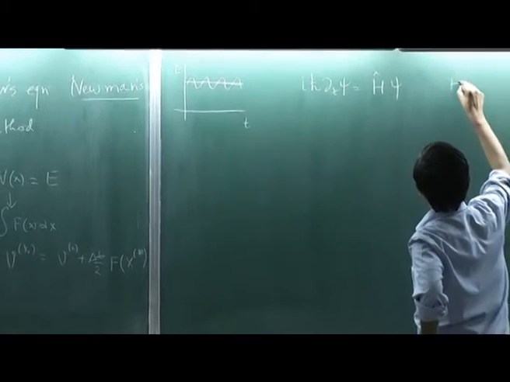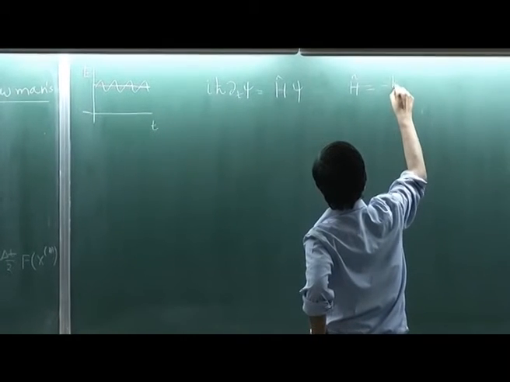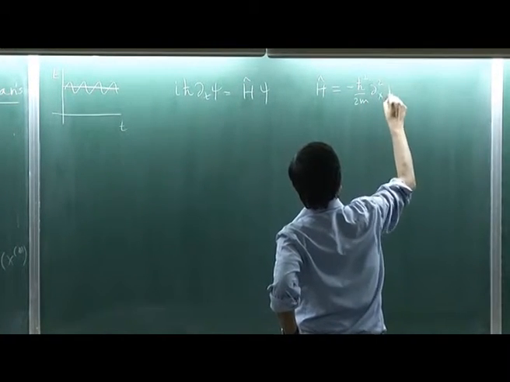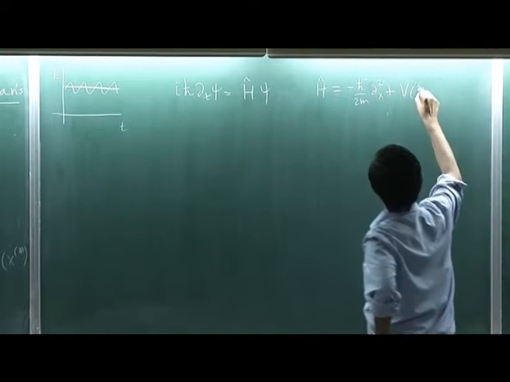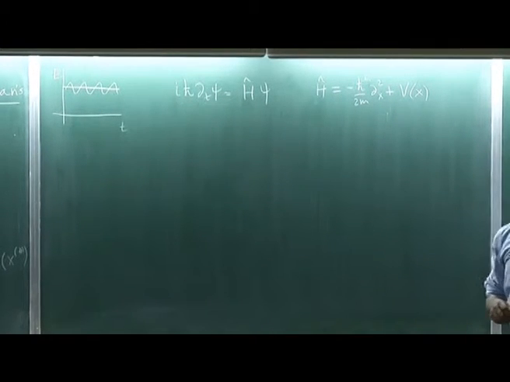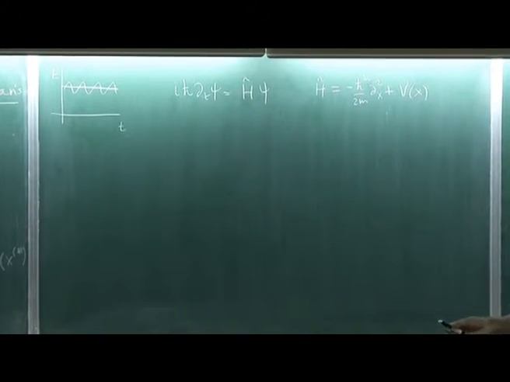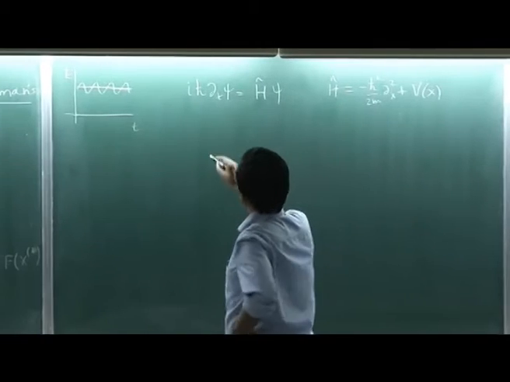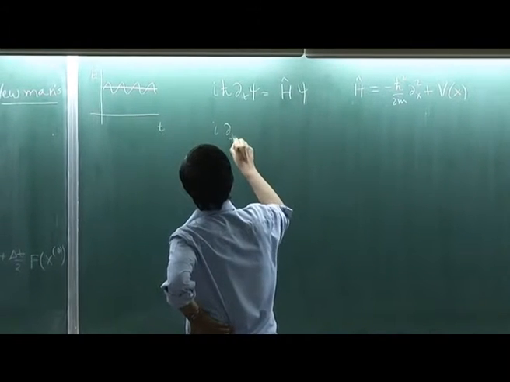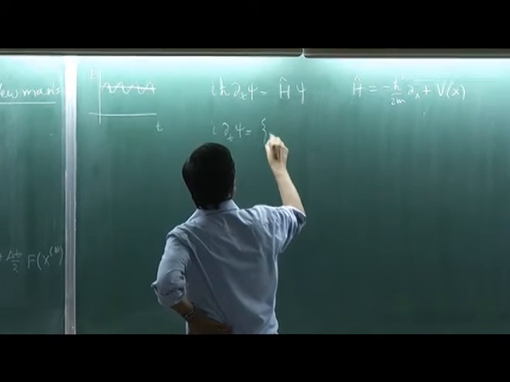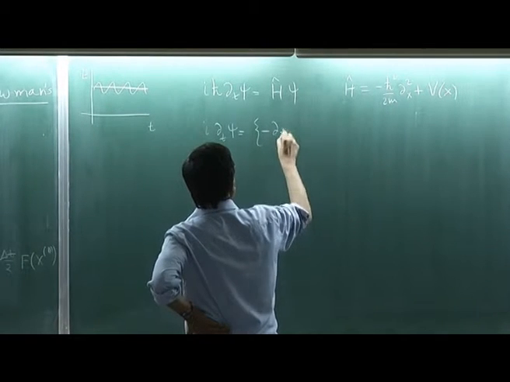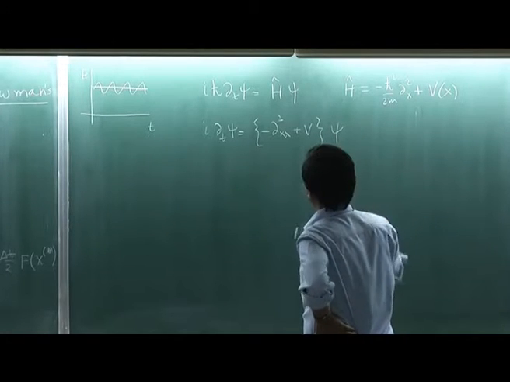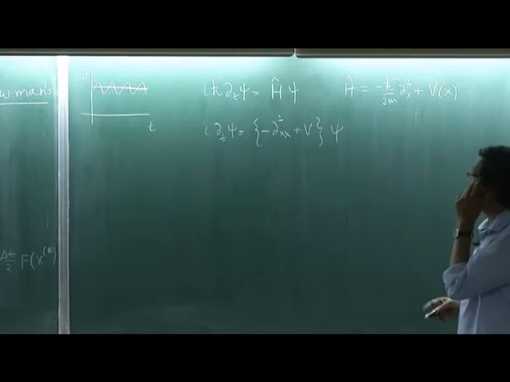Now let us do it in 1D. So h bar is minus... I am going to non-dimensionalize it, so h bar and m will go away. Okay, I do not want to carry that stuff. So my equation basically becomes i dt psi is minus... okay, V is a function of x.